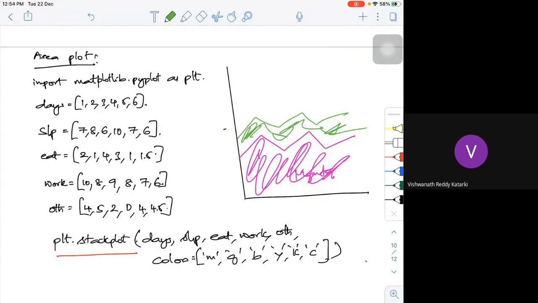Okay. Maybe the last thing I want to discuss is a scatter plot. The last thing, and we'll try to wind up. What is the scatter plot? Okay. Scatter plot. What is it actually? Maybe I have data and all the data will be scattered. So if I want to write code for this, the code will be something like this.